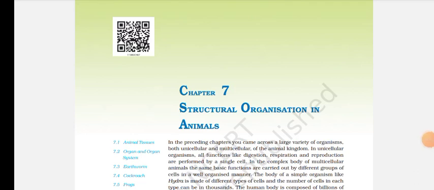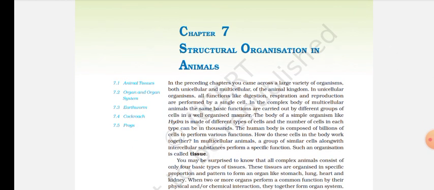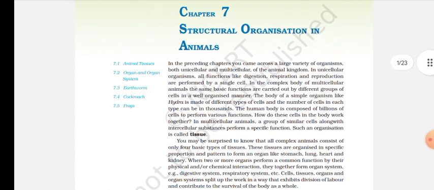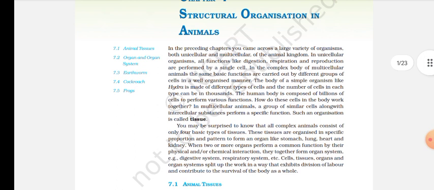Let's start Chapter 7, Structural Organization in Animals. In the preceding chapters, you came across a large variety of organisms, both unicellular and multicellular, of the animal kingdom. In unicellular organisms, all functions like digestion, respiration, and reproduction are performed by a single cell. In the complex body of multicellular animals, the same basic functions are carried out by different groups of cells in